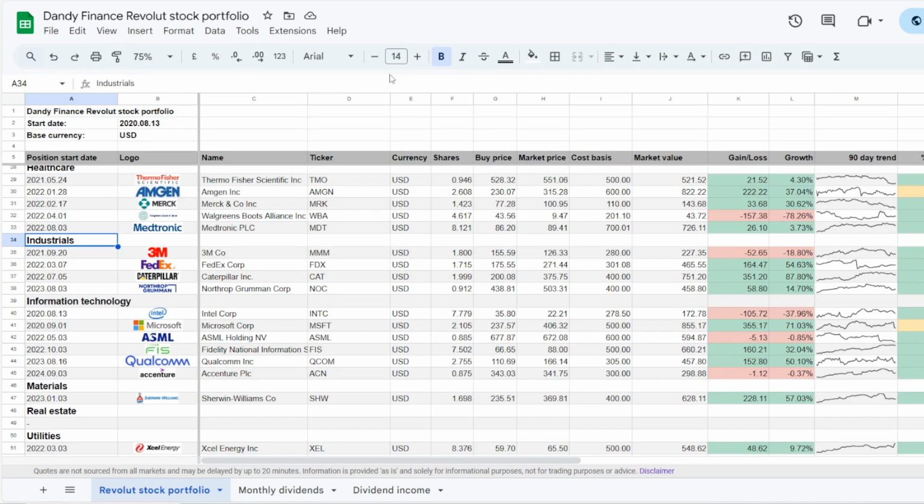So in the portfolio I currently have 4 different names in industrials, and I would like to add new money into one of these 3 names: FedEx ticker symbol FDX, Caterpillar CAT, and Northrop Grumman NOC. So today we'll be doing a dividend stock comparison and check which one I should be adding money in at